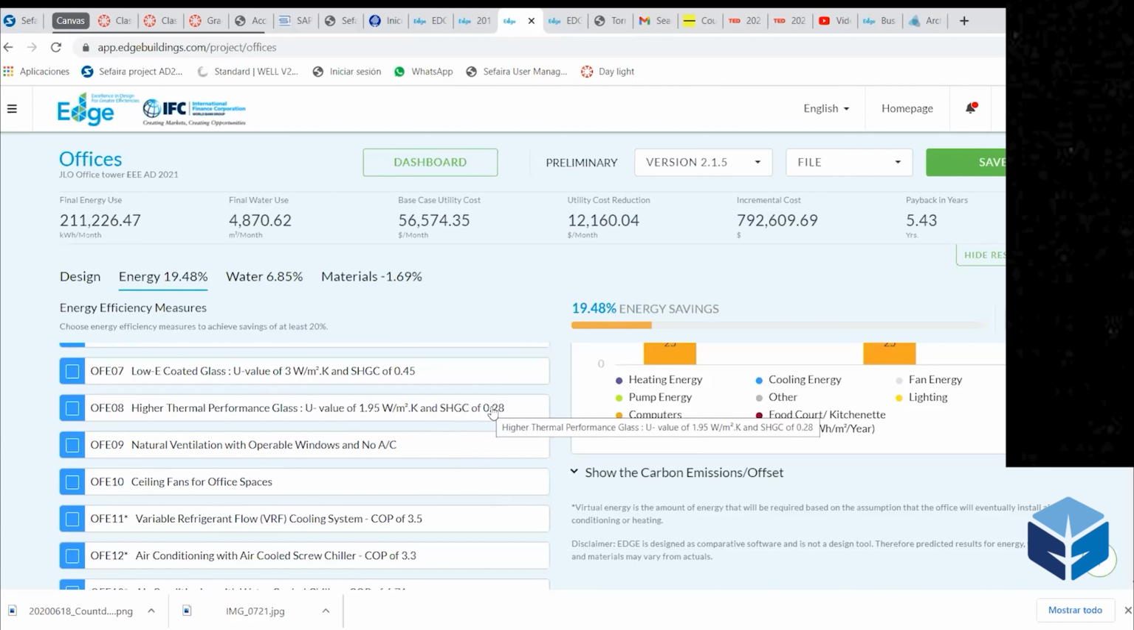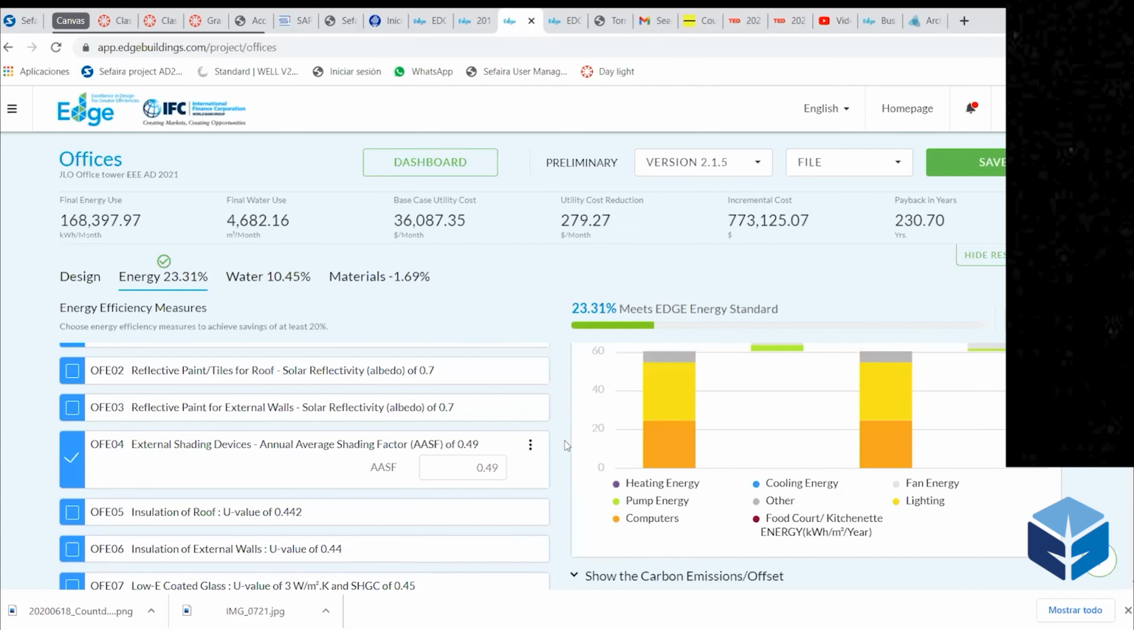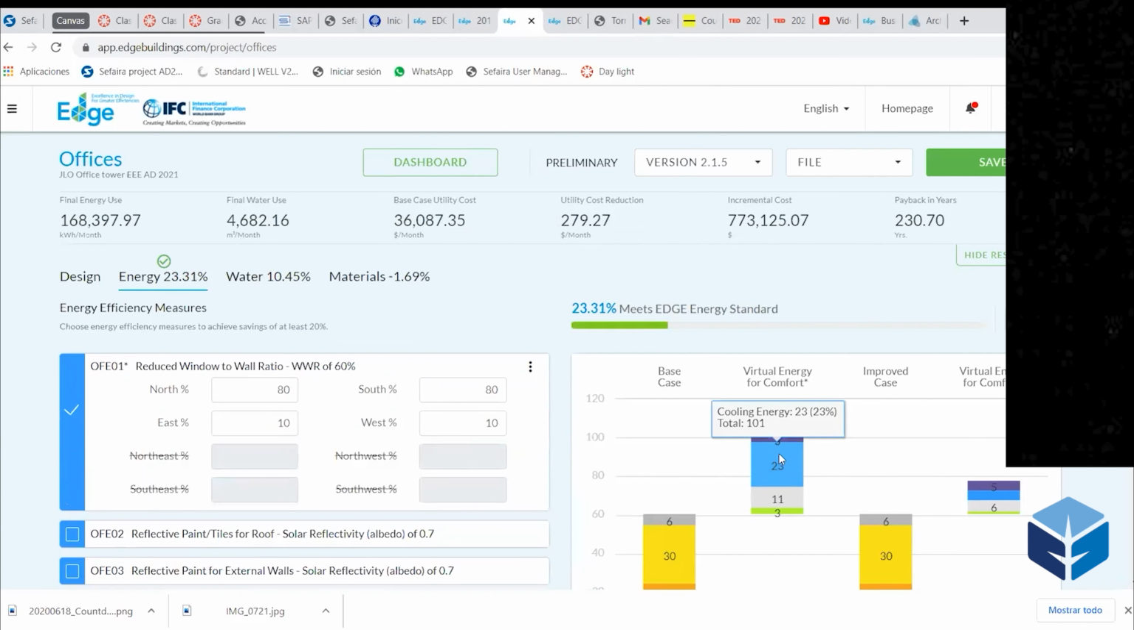That's going to be also very useful when we jump back and forth from Sapphire to Edge. This is the one that I was telling you about. When you select this, natural ventilation with no air conditioning, it will appear a virtual energy for comfort. This means that this is not a free pass for not having air conditioning in your building. In here, they are telling us that